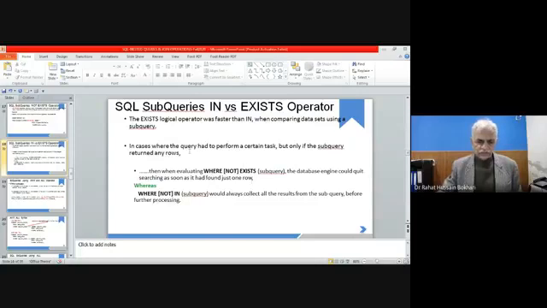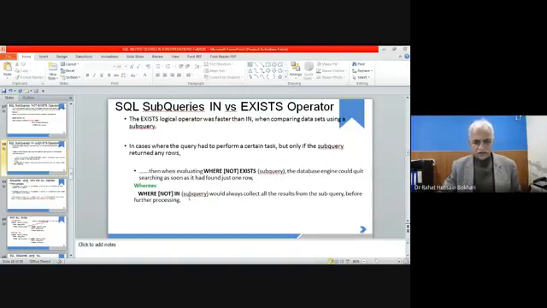So if you are using EXISTS, it only says whether the subquery has given some sort of result. If it has given some result, then the database engine will quit searching as soon as it has found one row. With that one row, the outer query should be executed. And if we are using NOT IN rather than NOT EXISTS, it always collects all the values before we have to run the outer query.